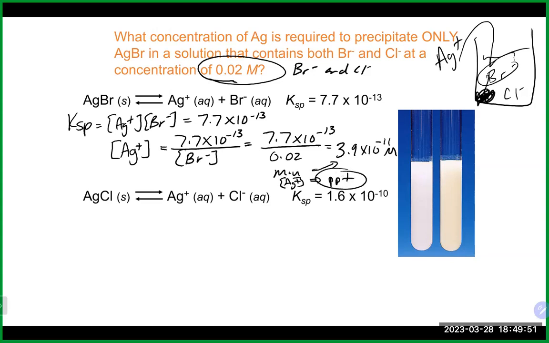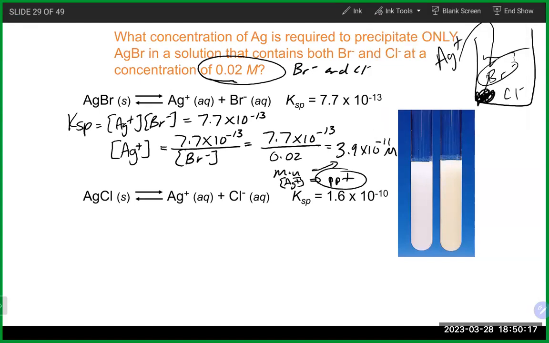So what that tells me by using the Ksp in this case is I've got to get the concentration of silver to 3.9 times 10 to the minus 11. I then should start to see some white solid form. And I would be probably pretty confident that that white solid is silver bromide, but let's check to make sure. If we do a very similar calculation for the silver chloride here, and we use the Ksp for our silver chloride,